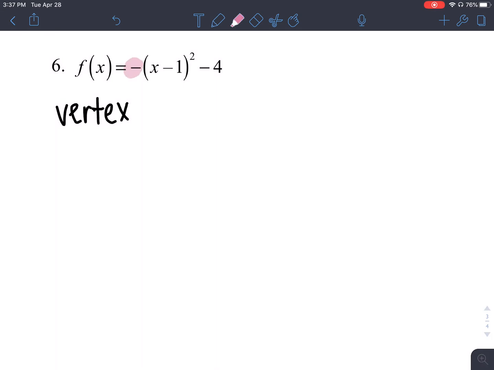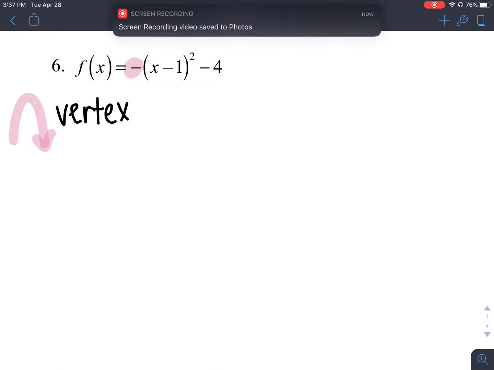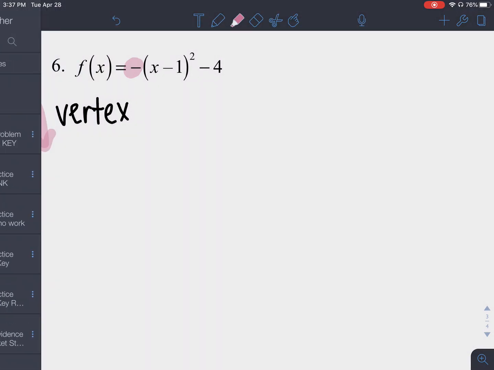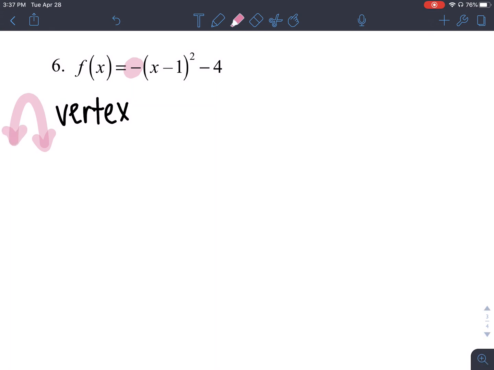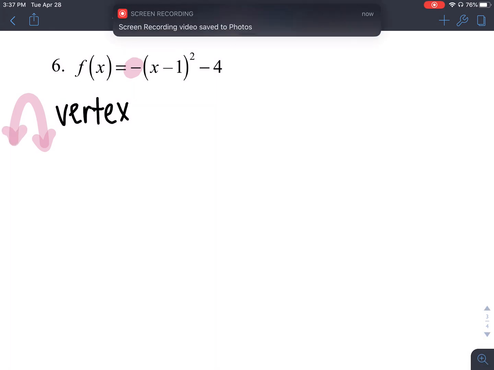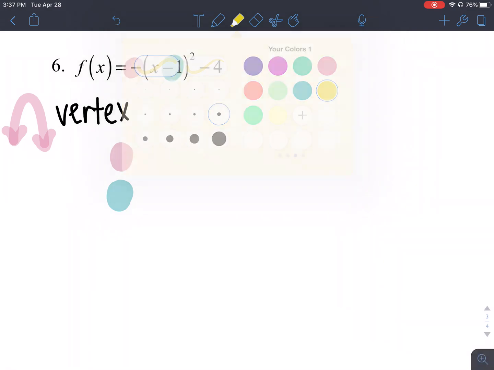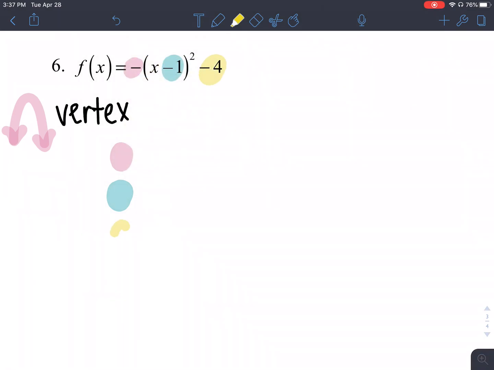The first thing I'm going to notice is that negative, so I'm going to put my little visual cue to the side. That should be reflected over the x-axis, which is actually also one of my transformations. So I'm going to look at my transformations left to right. I see that negative first, which tells me that's going to be a reflection